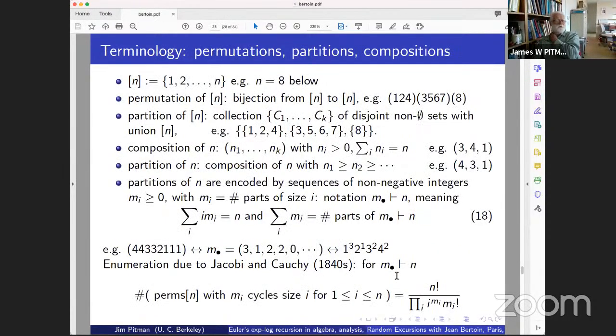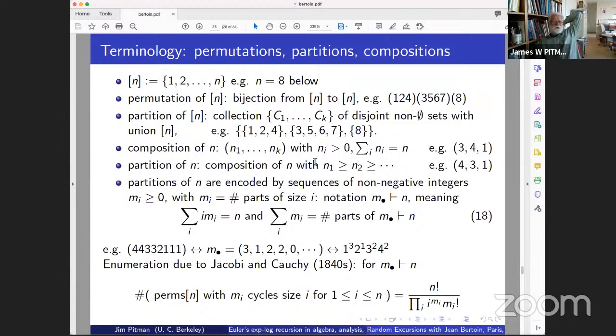So briefly, some terminology. Most of you will be familiar with this: permutations, partitions, and compositions. Everyone knows what a permutation is. I've written it in Cauchy cycle notation. This is 1 maps to 2, maps to 4, maps back to 1, 3 to 5 to 6 to 7, back to 1, and so on. The cycles induce a partition into sets, and here's the sets induced by those cycles. A composition of n is some positive integers summing to n, and we get such a composition 3, 4, 1